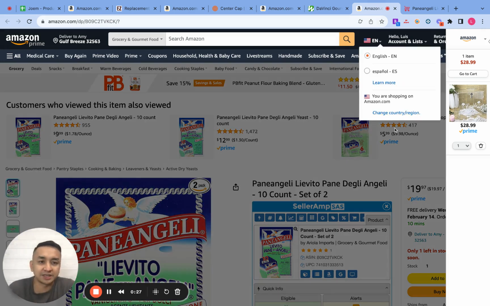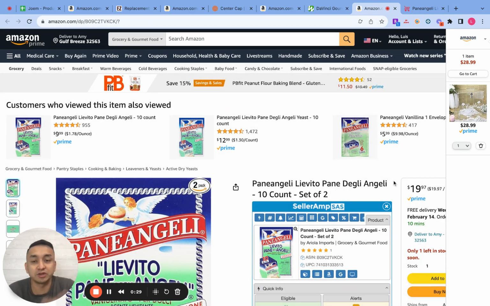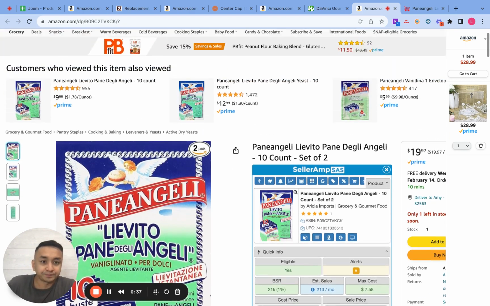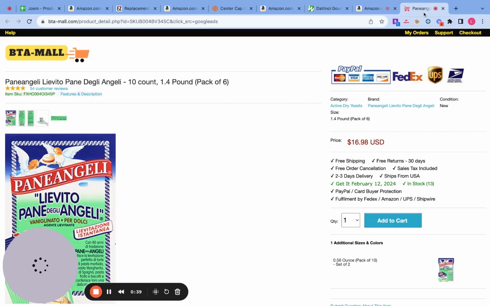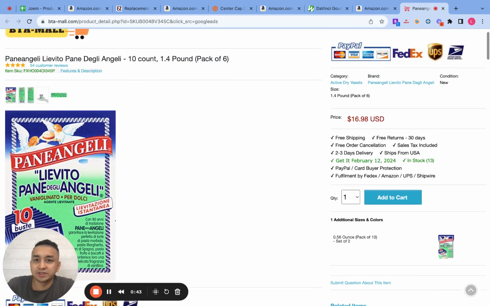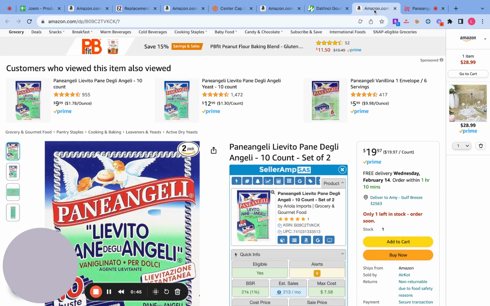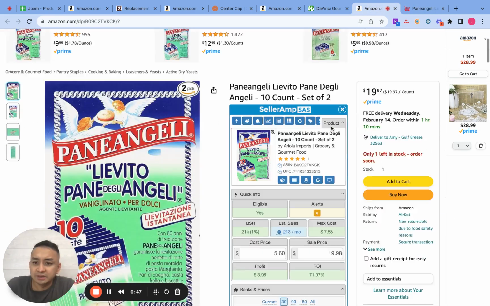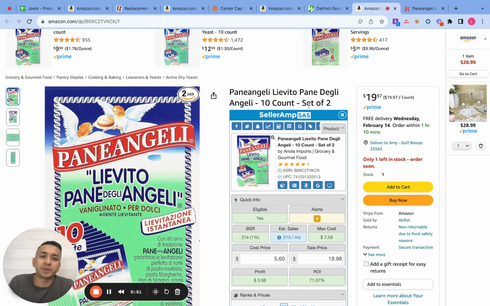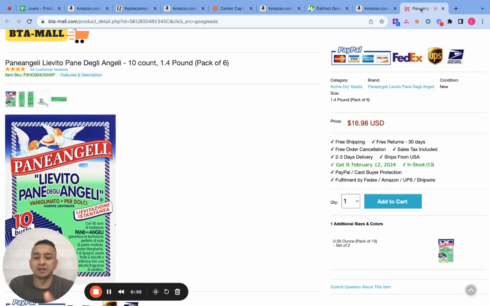So with that said, this is how you do product research and find products to avoid for your business, right? So the first example is this product. What is this? I don't know what this is, but I think it's a grocery product. Is it pasta? I'm not sure, but this one is a 2-pack product, and on the